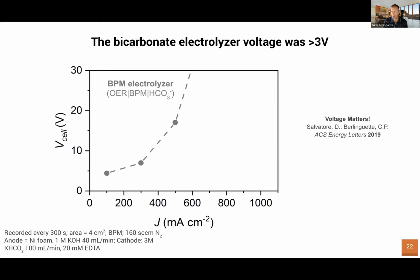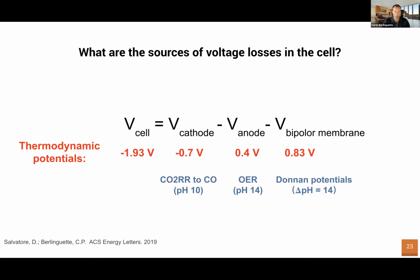We've written up a paper around this: Voltage matters in a CO2 flow cell. We've built an analytical flow cell. We've shared the designs for it so people can actually go through and really track where their voltage losses are. This is something that we like to do with our flow cells, but this is actually a misleading title. I'm not even talking about the voltage losses, but what are the sources of the voltages in this flow